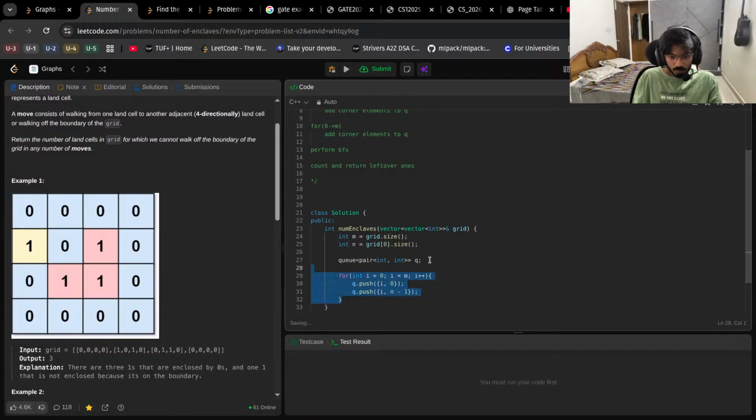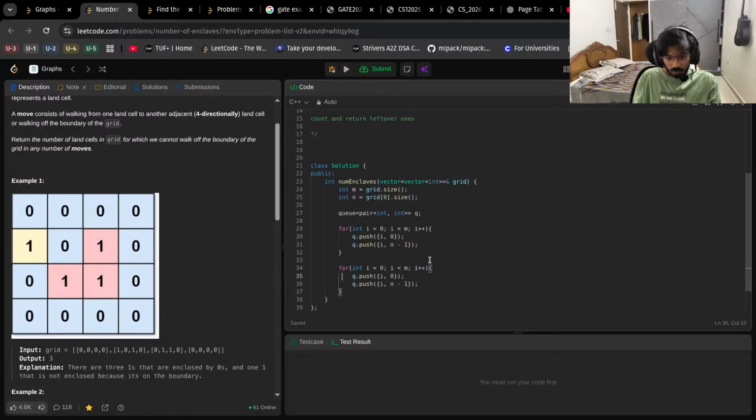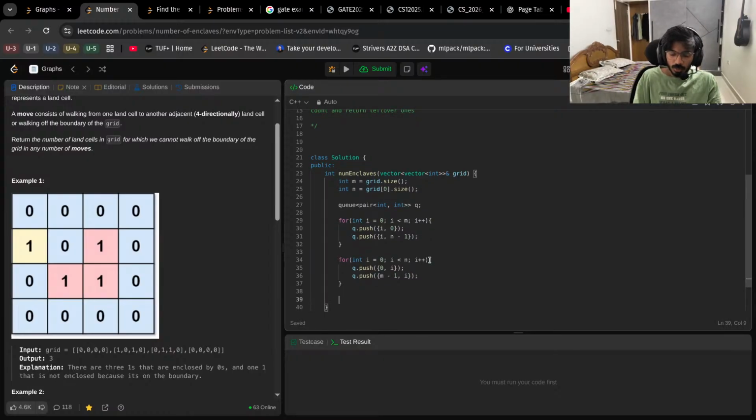Do the same thing here, except it's n, and this must be 0. It will go column wise. This is i. This must be n minus 1, n minus 1, and then